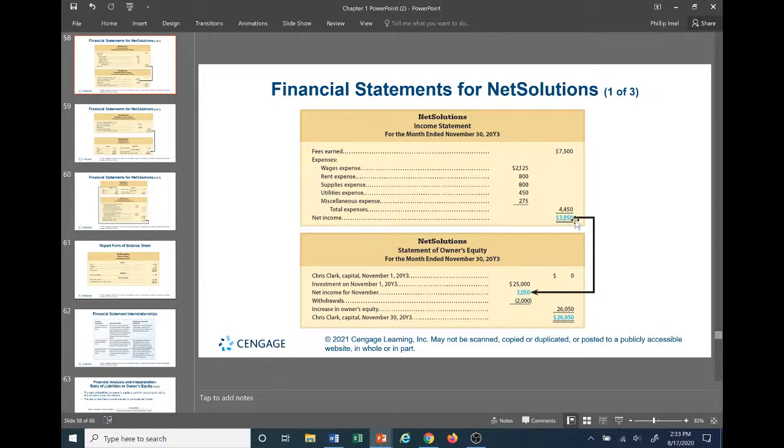Now recall, the net income has a direct effect. Remember, revenues and expenses have a direct effect on the owner's equity, right? So how is that so? Remember how I keep saying net income is close to retained earnings? Well, here's what I'm talking about. See this figure here in blue, the $3,050? That's our net income from the results of operation. We're going to carry that down into the statement of owner's equity.